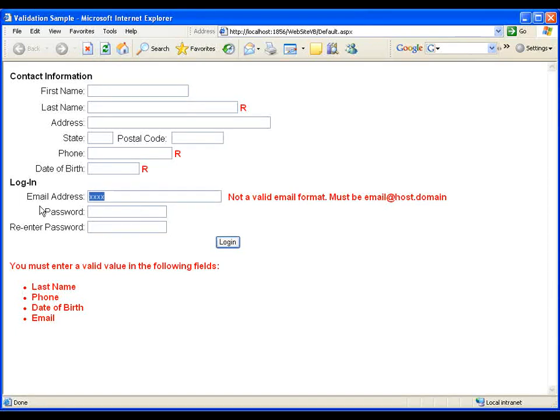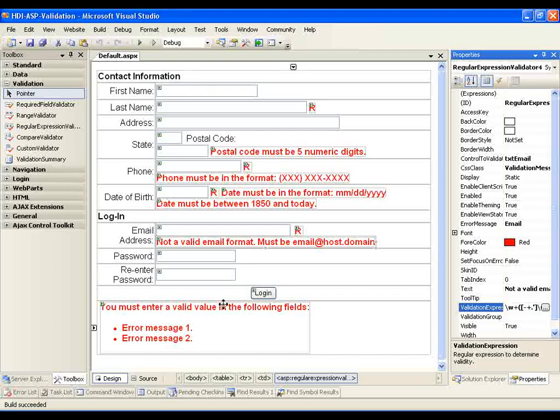Let's enter a valid email. And we'll put jim@temp.org. And now the email passes the validation. The last two we're going to do are the password